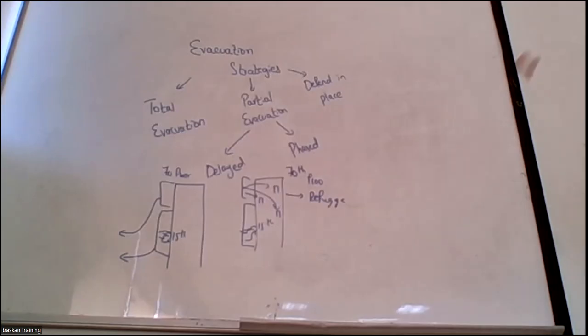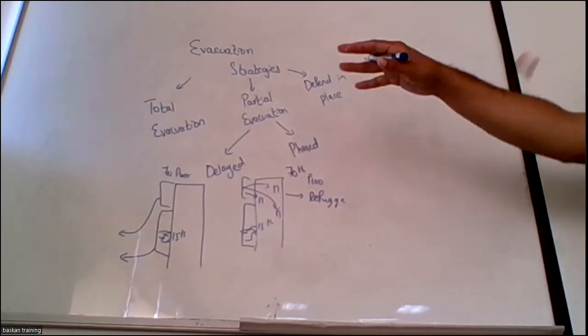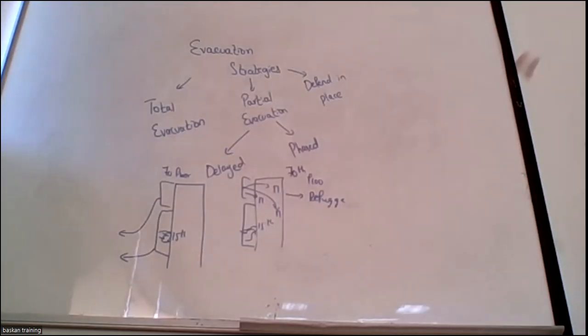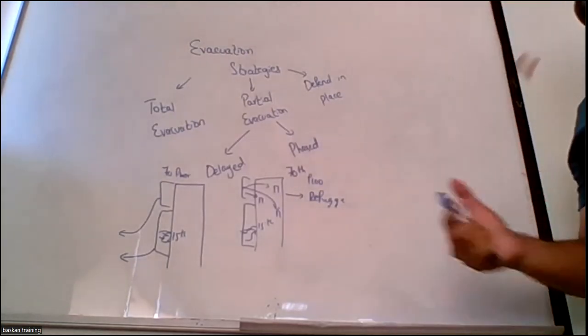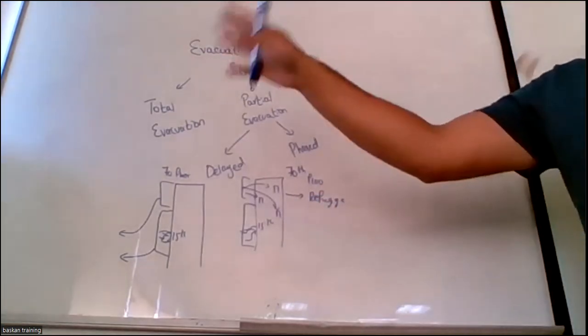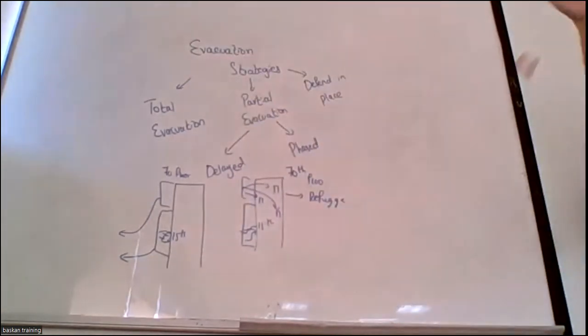Okay, there's a delay. Why? Because you want the people to wait in the compartmented rooms. Okay, means there's a delay there. So first phase evacuation, from the name itself, first phase, and then the second phase. So delayed evacuation, you allow those people to stay there in the refuge rooms, take refuge there.